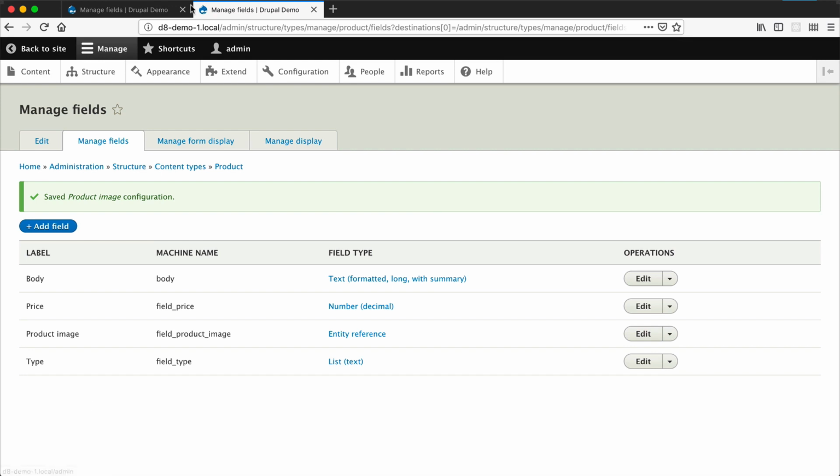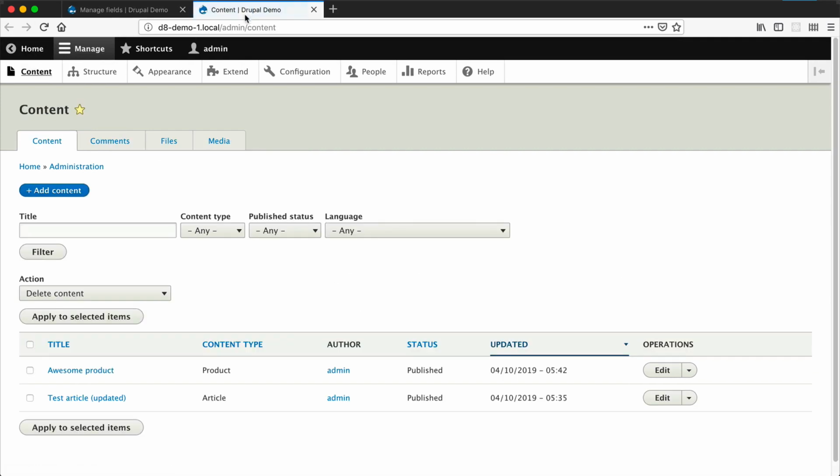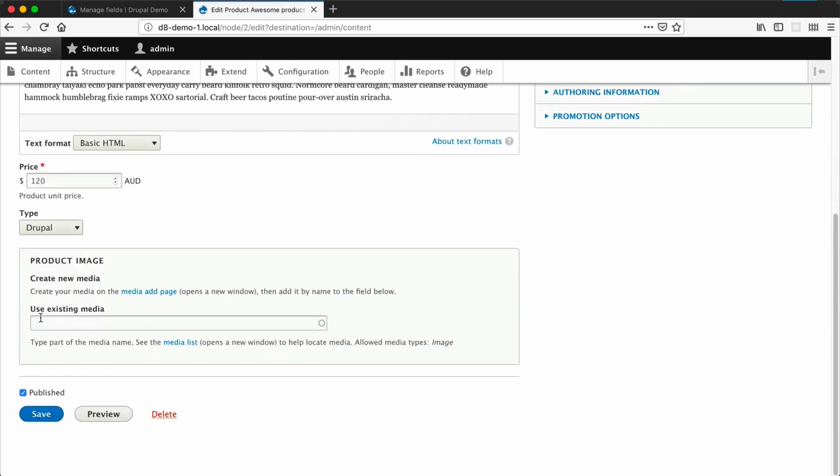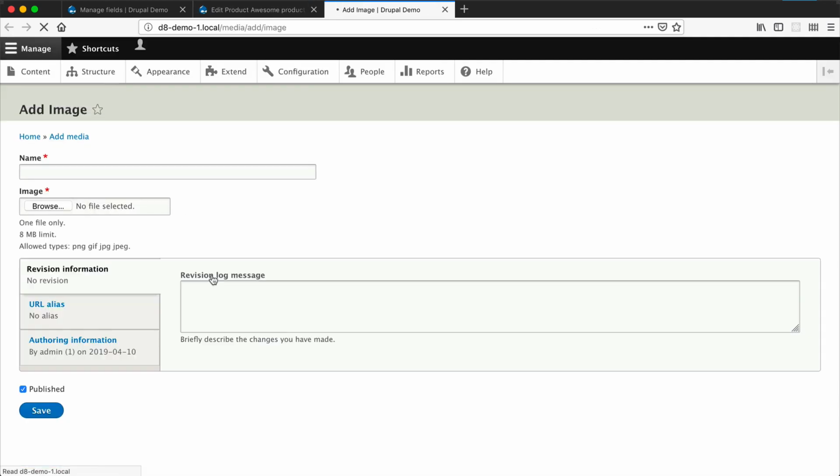So let me just clean up these tabs. Let me just open up another tab. And then if we go and edit our awesome product, you can see that we get this auto-complete field. And we first need to create our media type, because now in Drupal, it is recommended that you create an image via the media module instead of attaching an image field directly to the content type, because this then allows you to reuse images. So if I was to click on this link, which will open up a new tab,